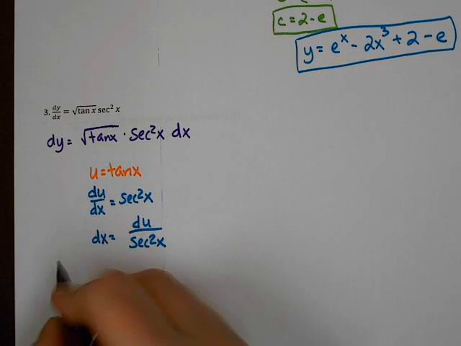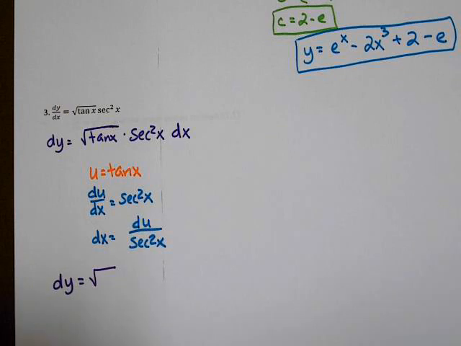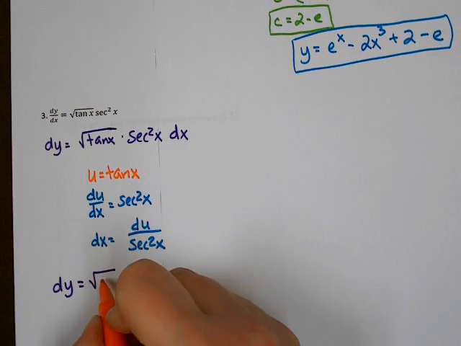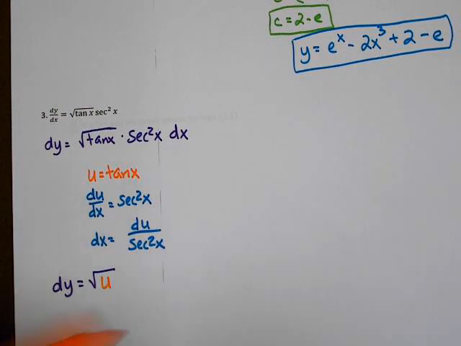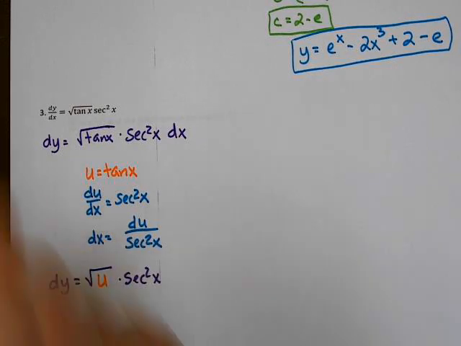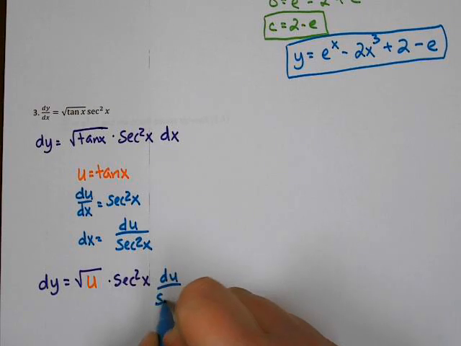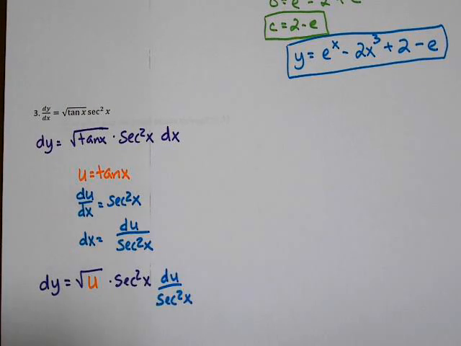So we have dy is equal to the square root of u times secant squared x, and then we're going to put in the du over secant squared x. And so now we get to the point where,